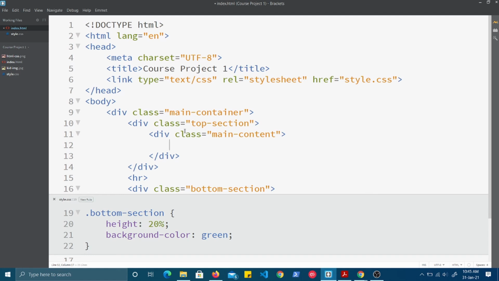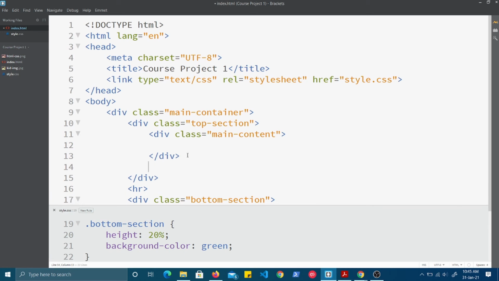So this is the first main content. And after this you have another, that is right content. Or instead of left, right, you can also call it a blog, or an article. This is where you are showing the article.